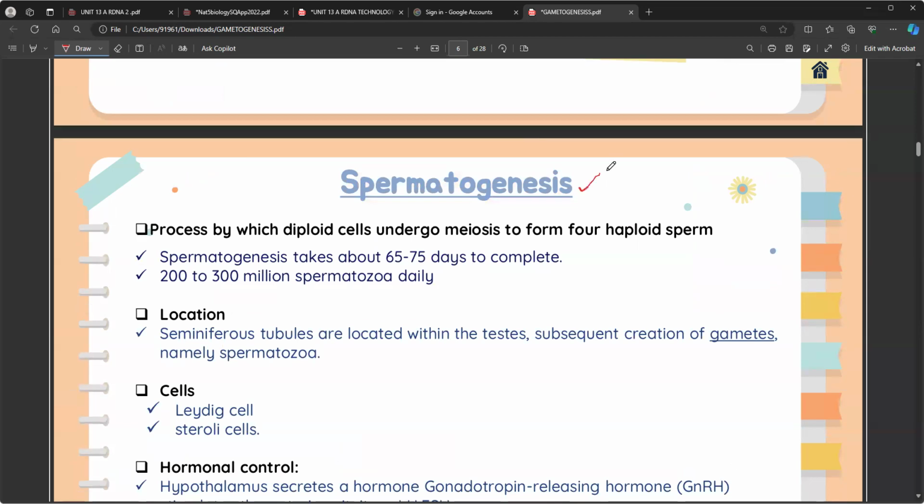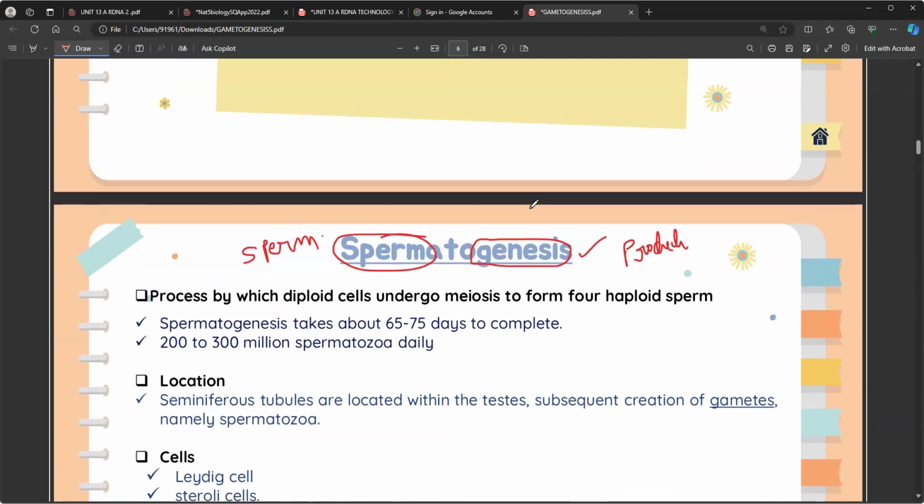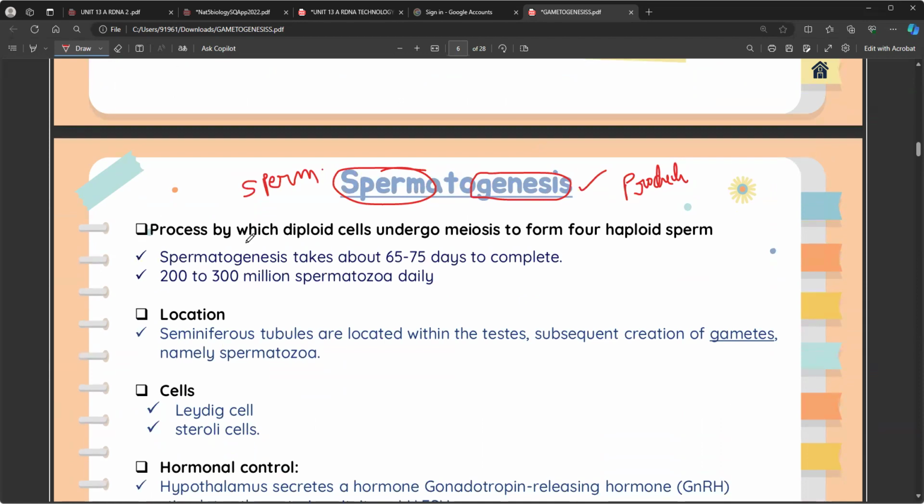Now, what is called spermatogenesis? As the name itself indicates, genesis represents what, friends? Production. And sperma represents what, friends? Formation of the sperm. So the mechanism of the production of the sperm, we generally call spermatogenesis. No point of getting confused. Understand all the time. The process by which diploid cells undergo meiosis, which is a reductional division, to form 4